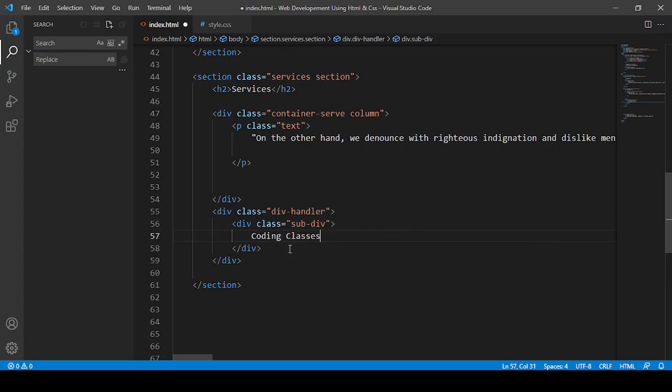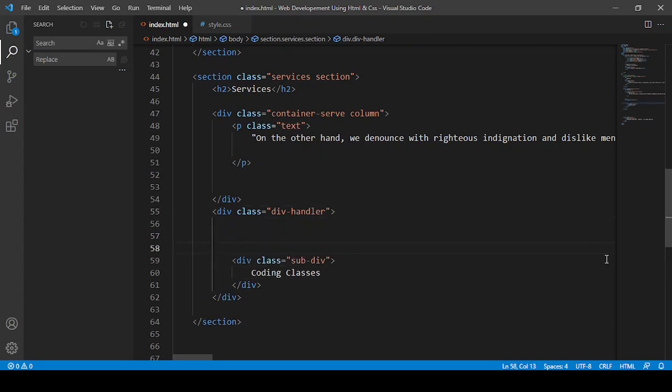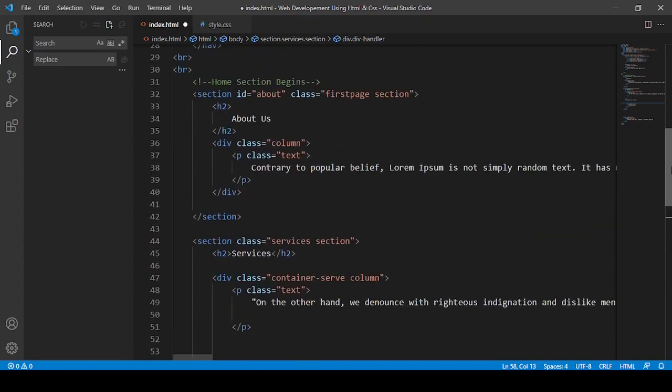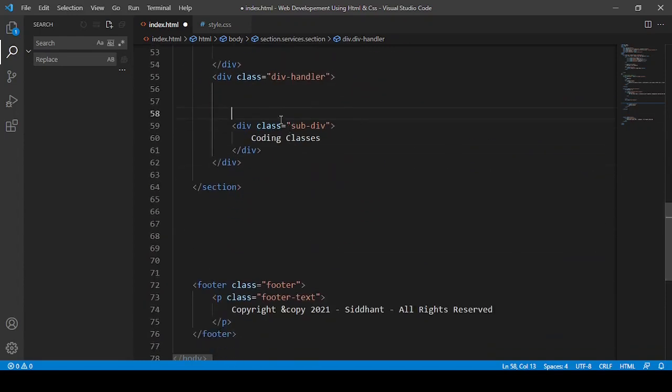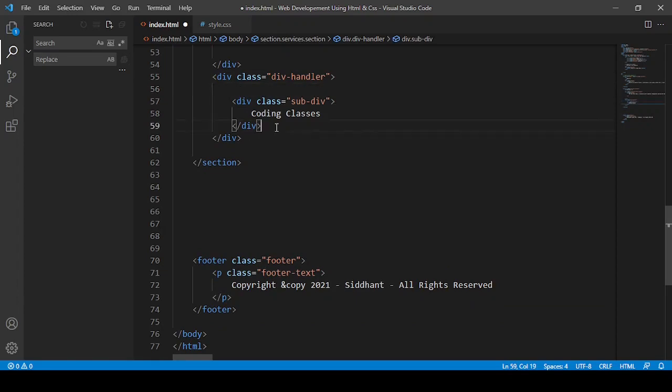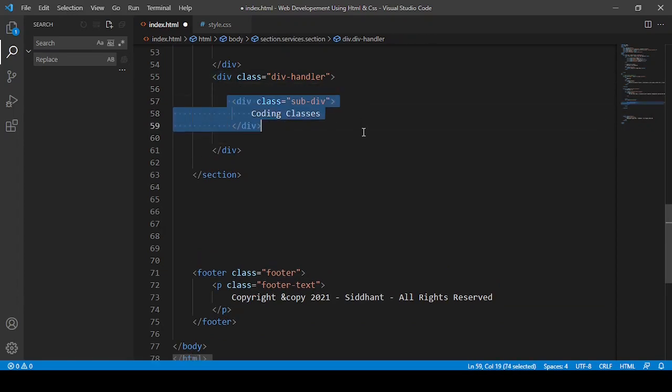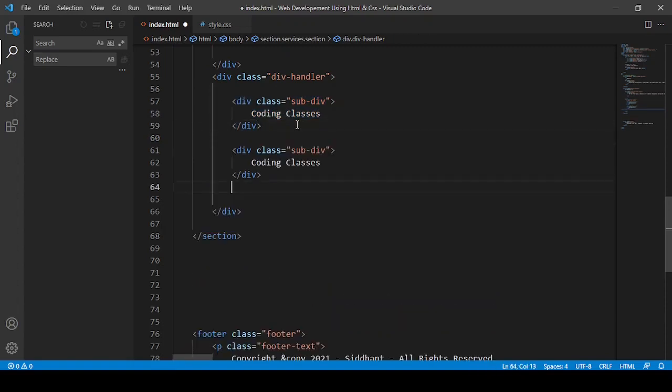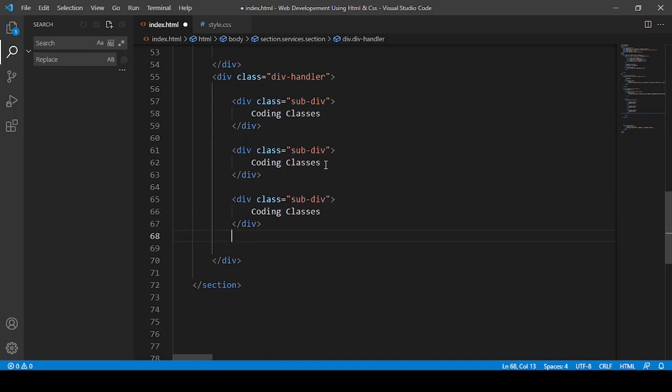Yeah, and what I'm going to do is just make 3 divs. So I'm going to copy it and paste it. And instead of coding classes, I'm going to say programming, or you can say programming classes.